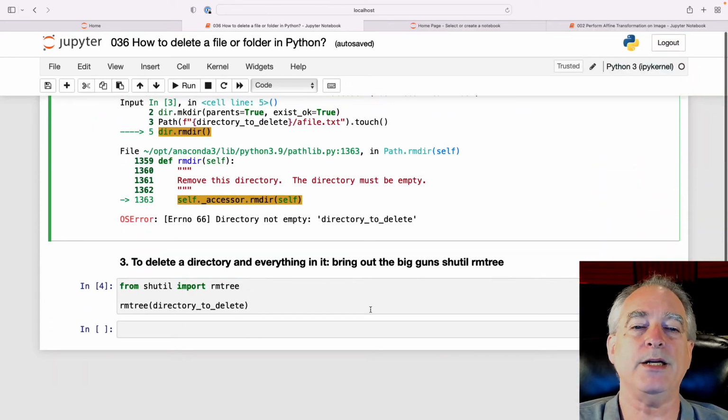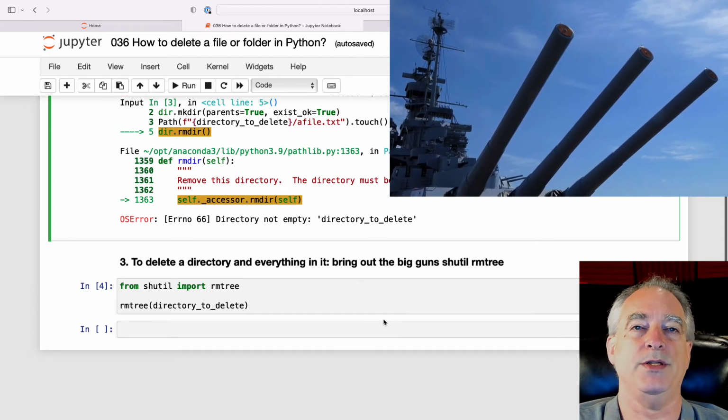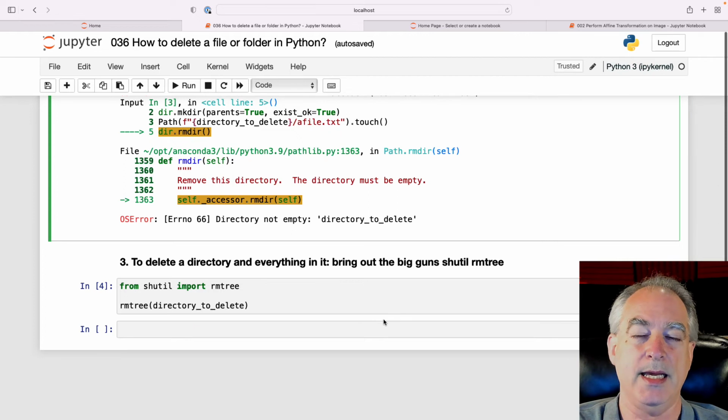Well, to delete a directory and everything in it, we're going to bring out the big guns, which is the shutil library, and it has a rmtree, and it nukes a directory, everything and anything in it, all the way down to the very bottom of the directory. So once you import rmtree, you can just run rmtree with the path name to that directory, and it'll do